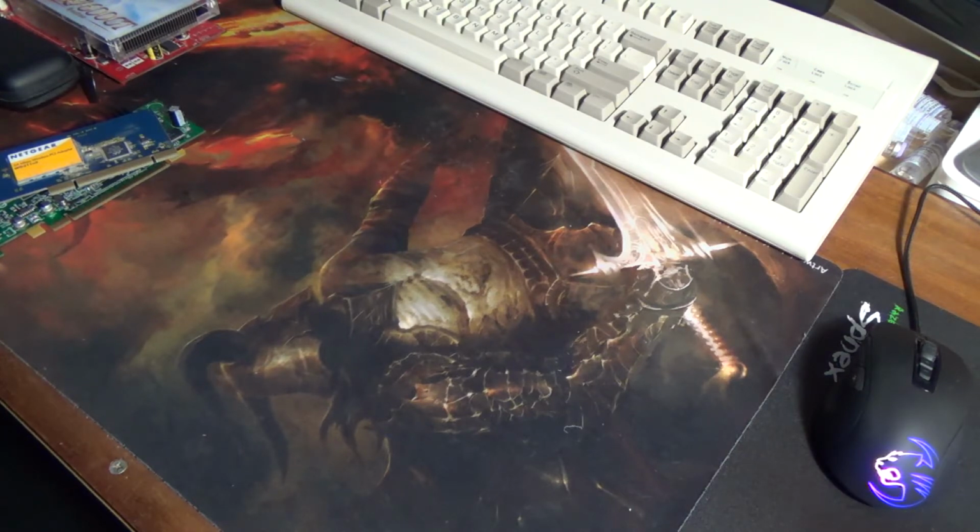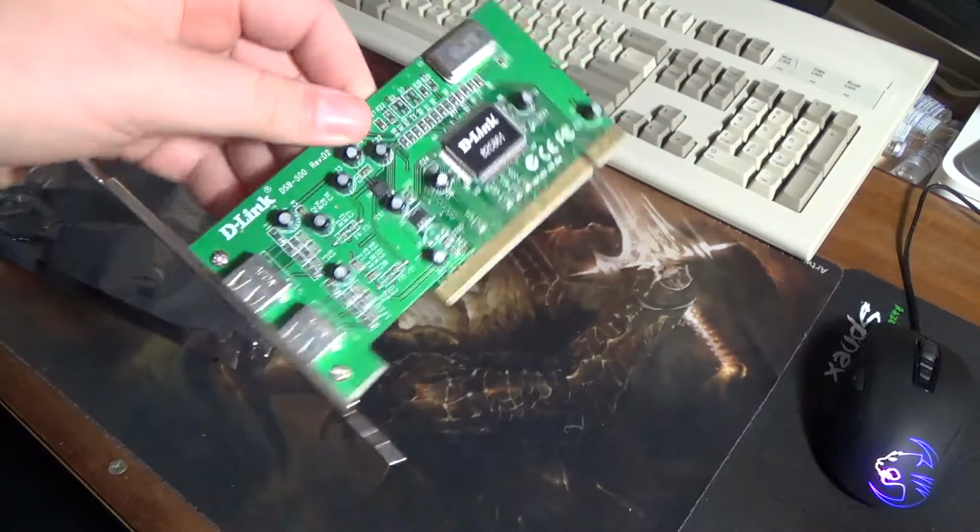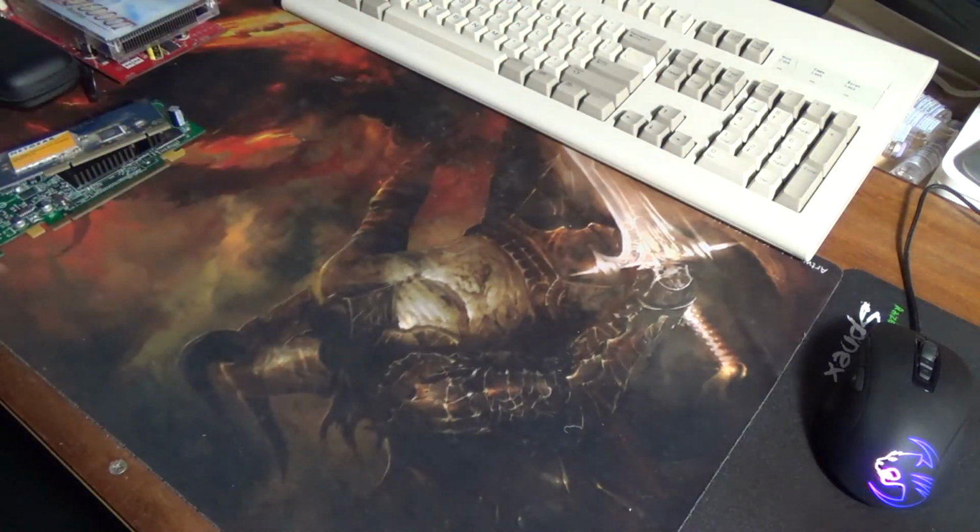Oh, hey. We do have one more interesting... A couple more interesting cards I also can't use in my custom build, as useful as they may be. D-Link USB card. My custom build has a ridiculous amount of USB ports, but all of them are USB 3.0. Not all of them, all but 4, and I've already got the 4 filled up with USB 2.0 devices, so it'd be nice to have a bit more USB 2.0 ports to play with, because sometimes Windows 7 won't recognize USB 3.0 ports if you're installing from them. I can't remember what I'm saying. But, yeah. Windows 7 will not recognize USB 2.0 or 3.0 ports in some instances,